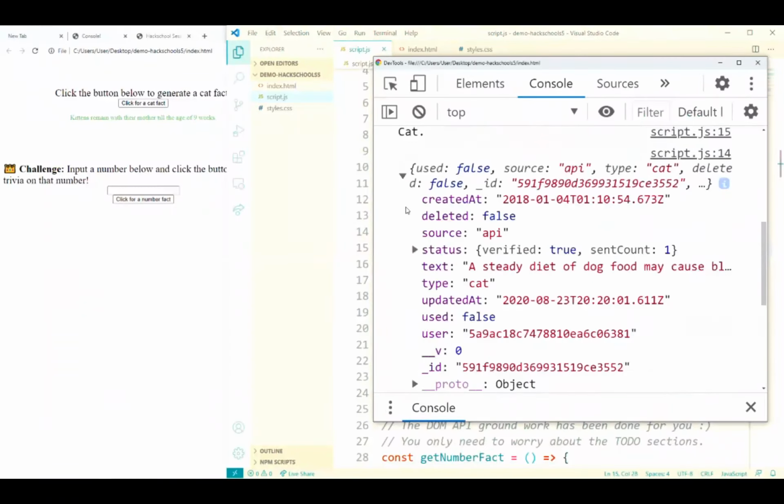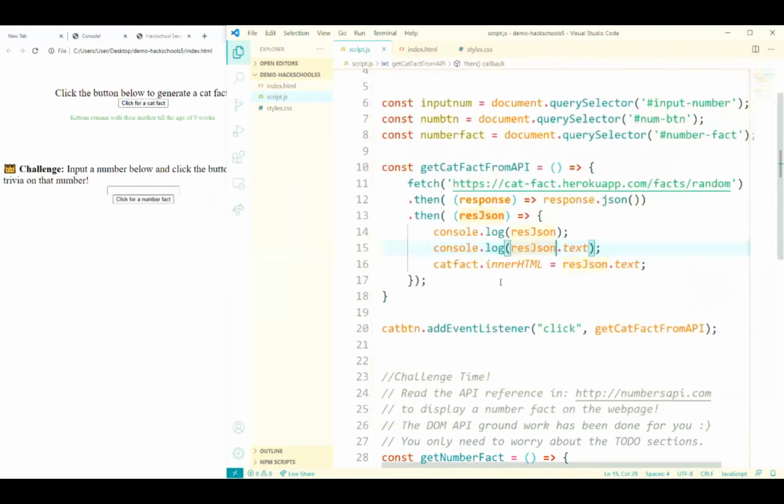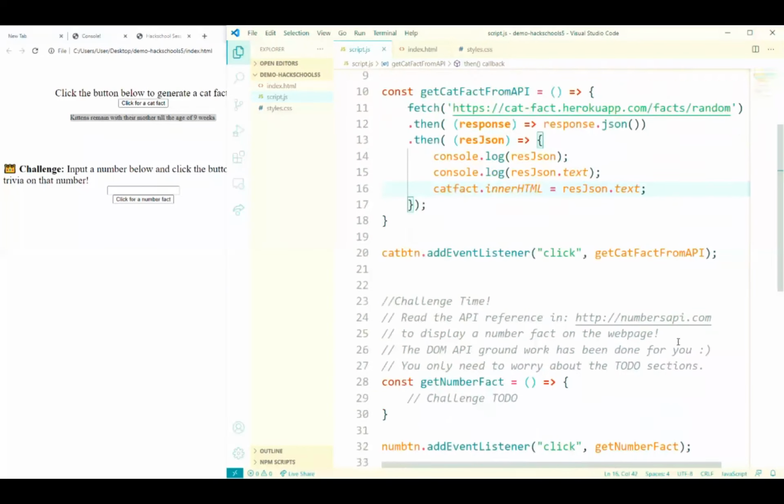This returned JavaScript object has all of these attributes that we can access, and one of these happens to be text. And this text contains what we want to display. So we access our text using res.json.text, and then we set the inner HTML of our div tag to res.json.text. Okay, so in terms of DOM APIs, this is pretty standard. And we are done with our demo.